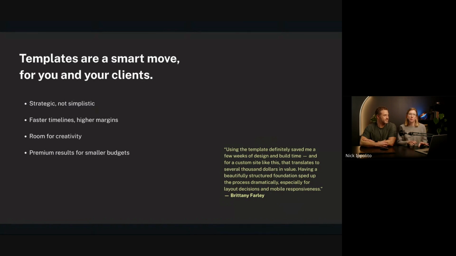If it's a smaller company and they need to get it up quickly, so they've got a really short timeline, or they have a really small budget, using a template is a great way of offering them a solution that you can still make money from, because that's important in your business, and you can offer them a really good end outcome because you're starting with this template base, which allows you to produce that work for them.